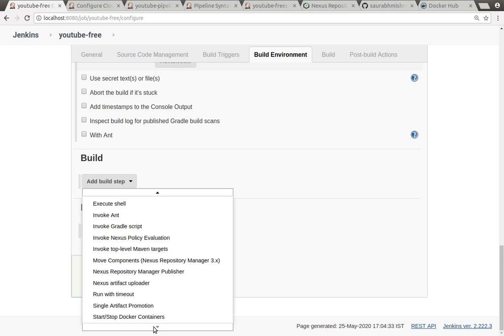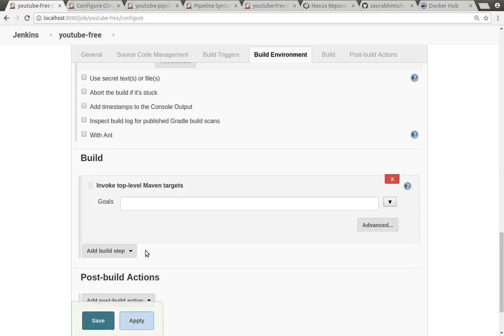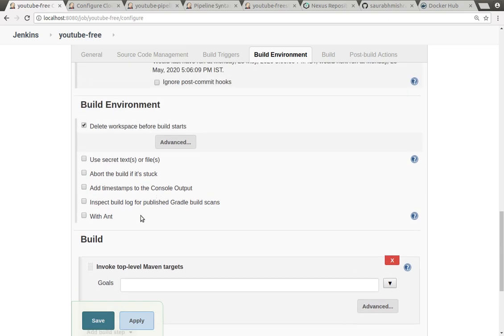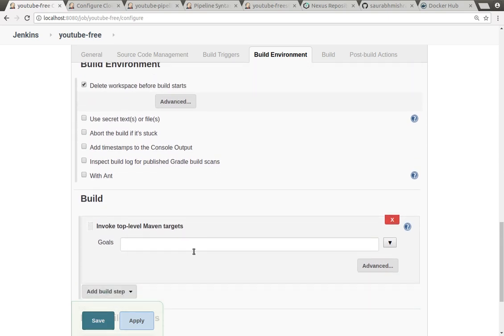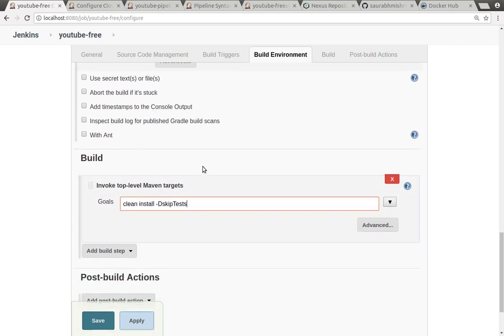Here, this is basically a Maven kind of application. So what I can say is I can choose invoke top level Maven target. This option I can choose from here because this is basically a Maven application. Maven application will take the command, what exactly the phases or goal you want. Let me give the clean and install phase here. And also for reducing the time, I'll give the extra option for skipping the tests for time being. So this will do a build of application.